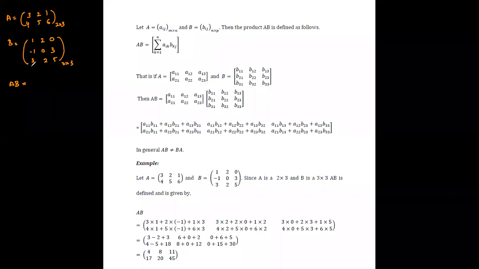First of all, you need to check whether the matrices are conformable for the matrix product AB. First, you need to identify the dimensions of the matrices. Matrix A is a 2 by 3 matrix. Matrix B is a 3 by 3 matrix. Now you can see that the number of columns in the first matrix is equal to the number of rows in the second matrix. Then we can say that matrices A and B are conformable for matrix multiplication. Therefore, the resultant matrix should be a 2 by 3 matrix.